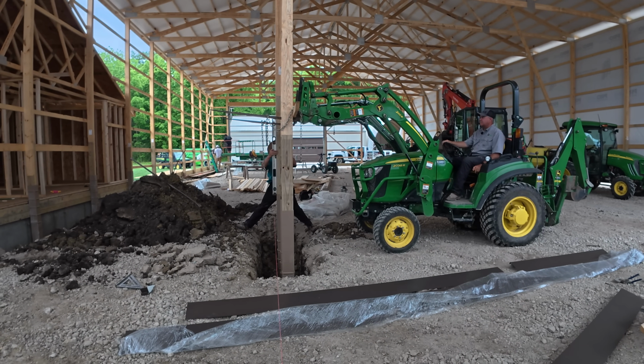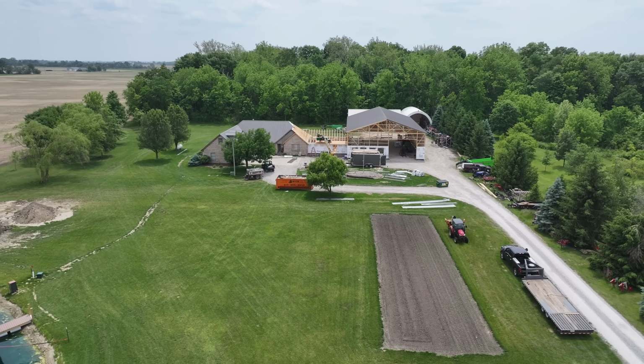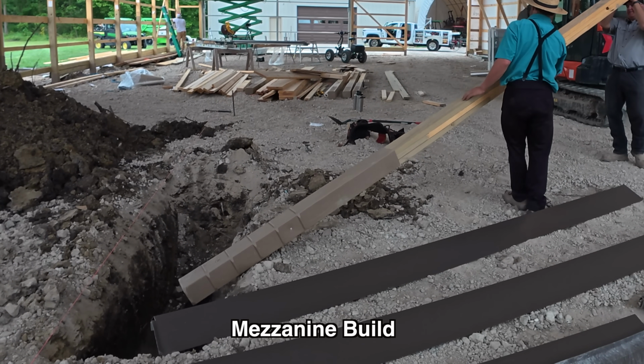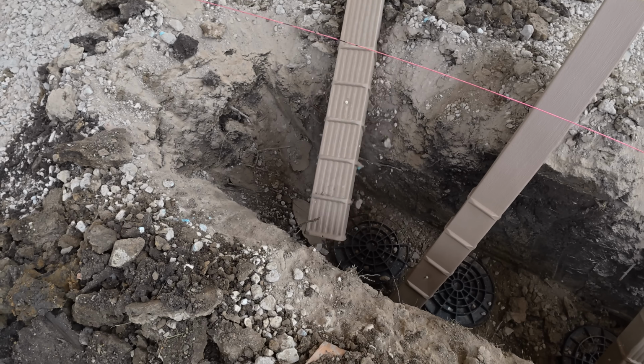We're making great progress and the building has really taken shape. If you're just joining us, we're building a large shop and office addition to our home. In the background here, you see our large I-beam door being installed. We had an entire episode on that. Go check it out. But today, we're going to focus on one of my favorite parts of the new shop,